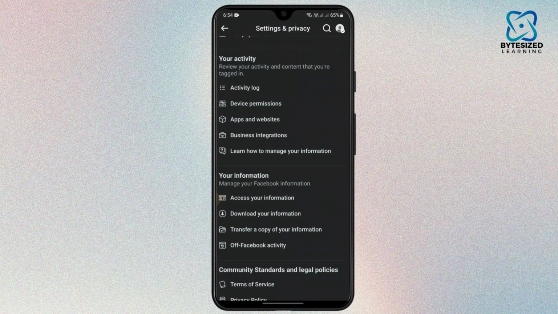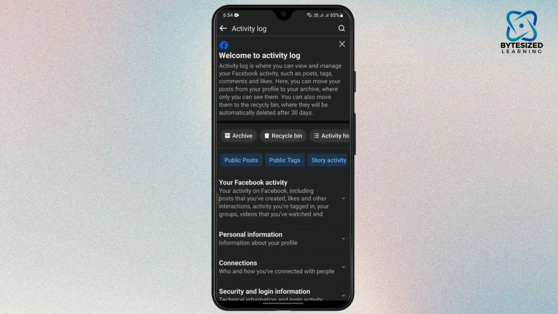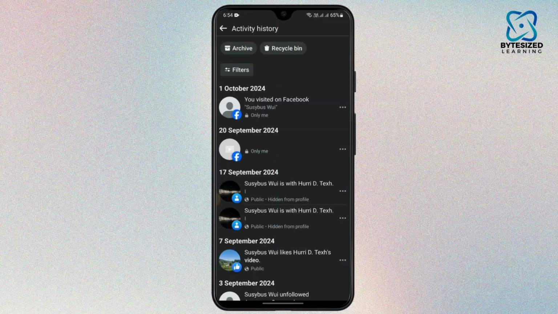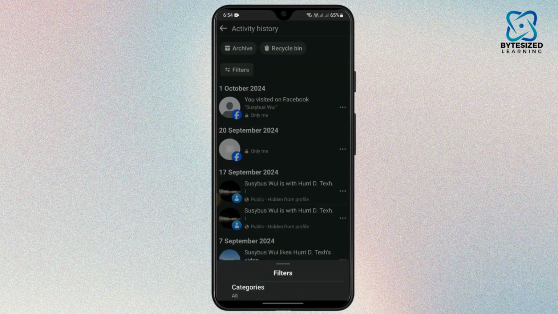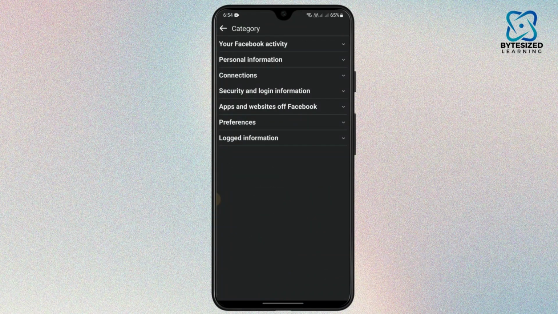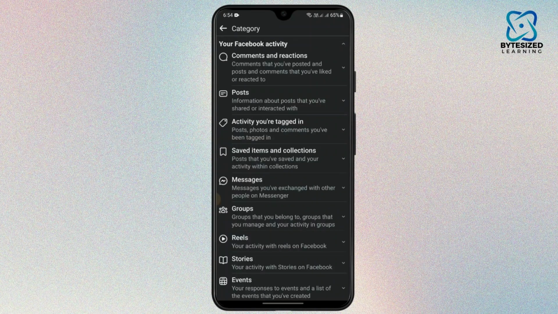So what you need to do is tap on this activity log option, and here you can see the option called activity history. Just tap on it. After that, what you need to do is tap on this filters option, and here you can see two options, categories and date. Tap on the first option called categories, and here tap on your Facebook activity, drop down it